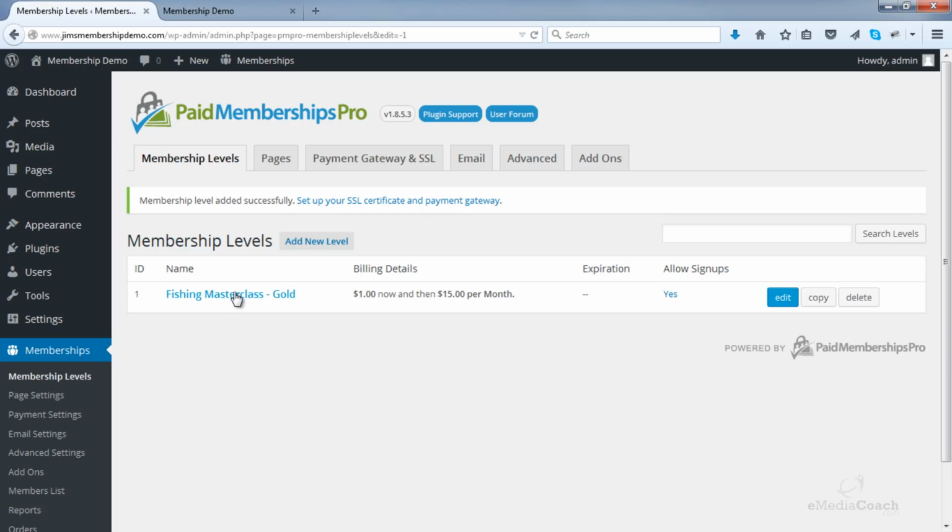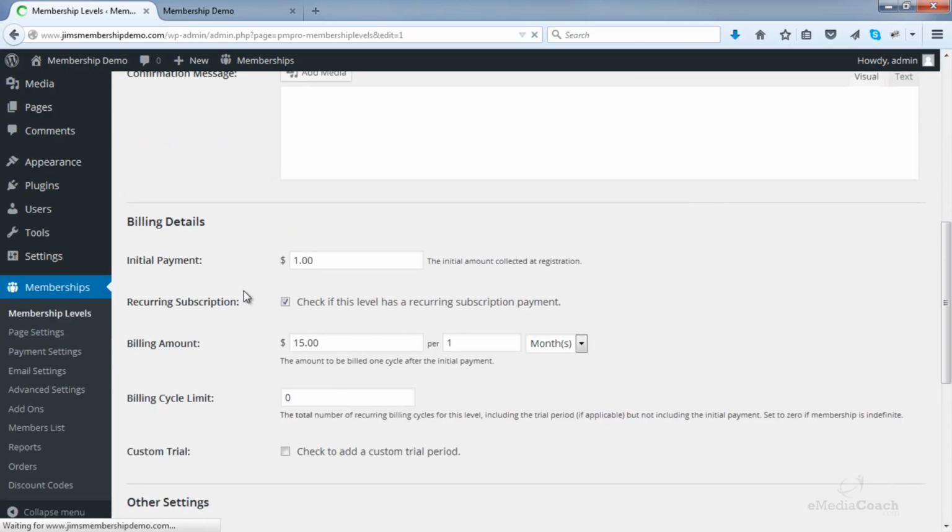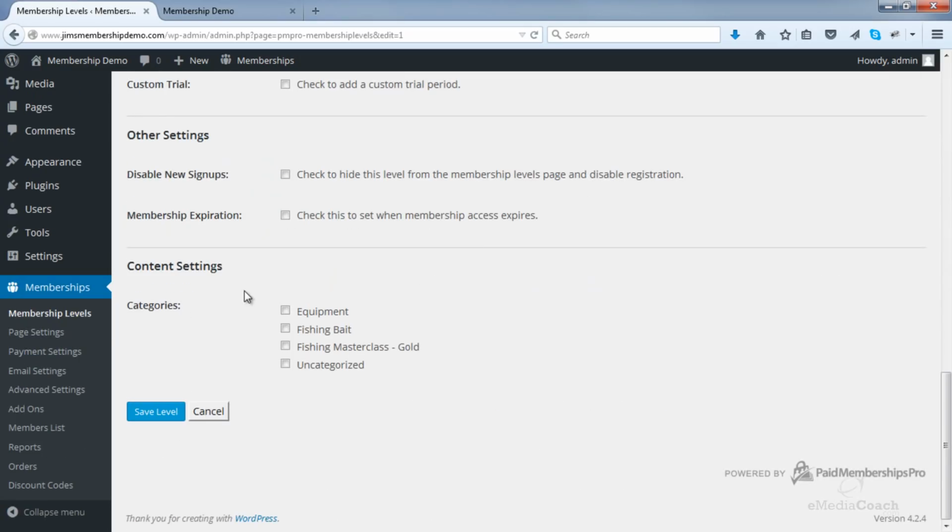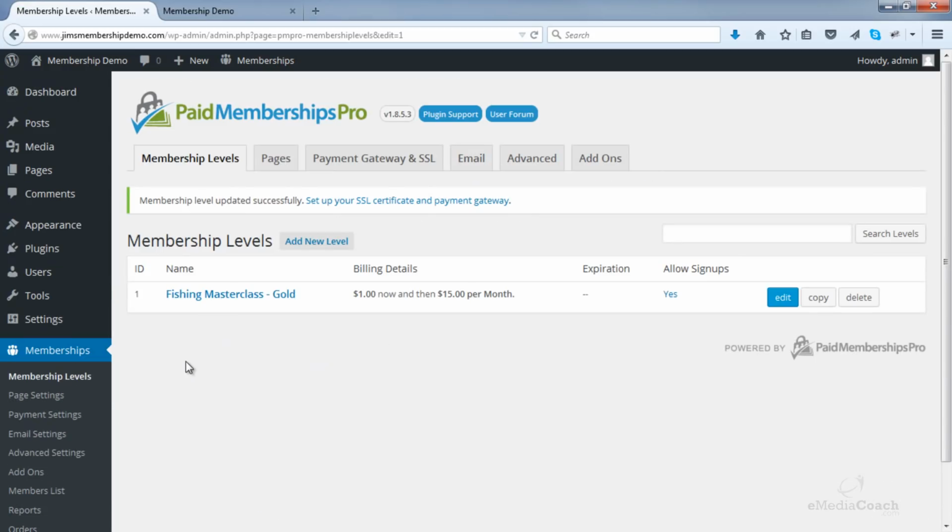Now if I go back into this membership level that I created, you'll see that the new category we created is now appearing. So click on that and click on save level, because what that is telling this feature to do is apply this level for any posts or any content that is assigned to this particular category. So let's do that. Now I'll show you what I mean.